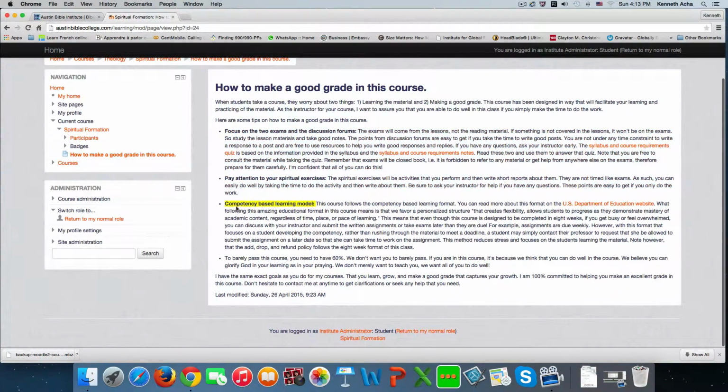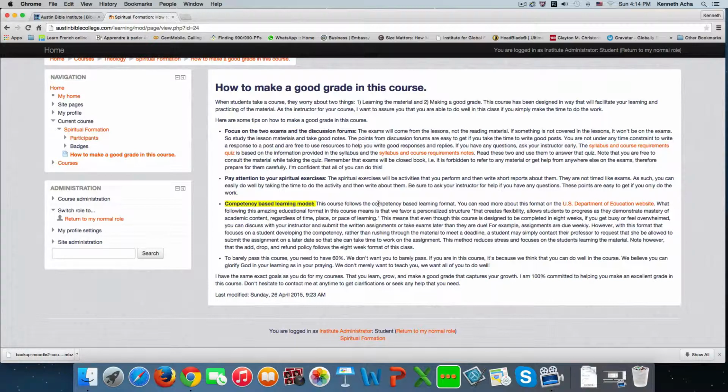And I want you to especially note the competency-based learning. Read what is under there. The short of it is that we focus on getting you to learn what is being taught. I know that many students are busy, that some students work, some students even have 2 jobs and they're still learning. That's great. We don't want them to have a grade for something they haven't learned, but we also don't want to penalize them because they have an emergency or something happens. We want people to be able to be very flexible